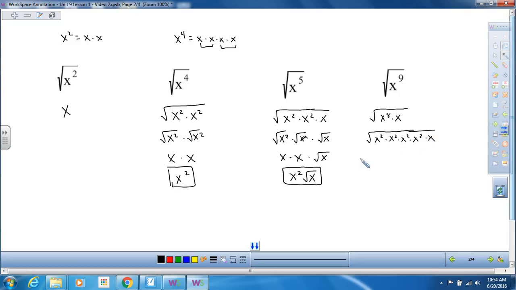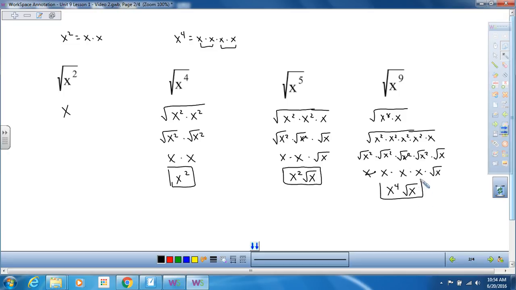So each of these x squareds will be x, and then you have your 1 left over. So x times x times x times x is x to the fourth, and then you have your 1 x